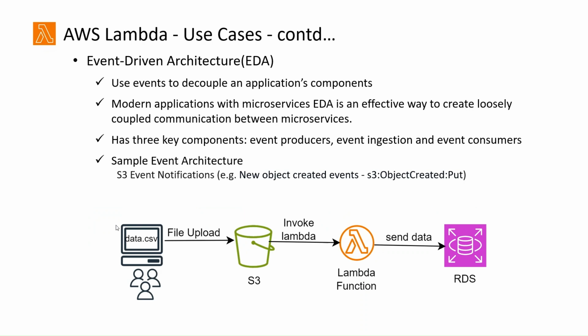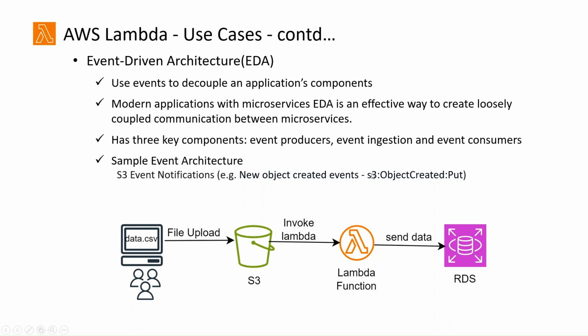An event is a change in state or an update, like a file upload in an S3 bucket, and so on. It has three key components: event producers, event ingestion, and event consumers. Let's see a sample event architecture. Whenever a file is uploaded in S3 bucket, the new object created event, that is S3 object created put API,